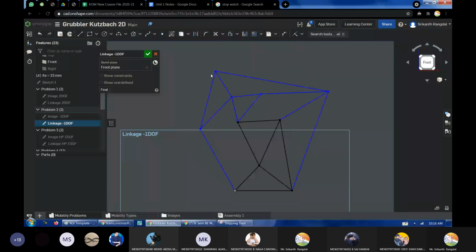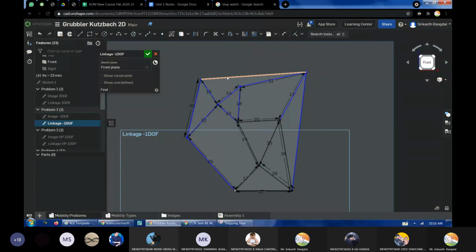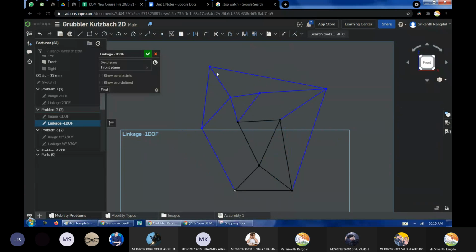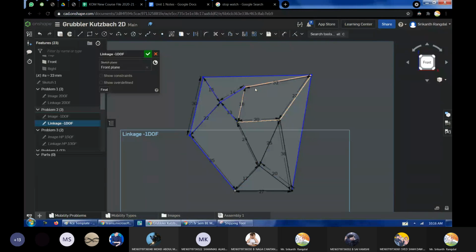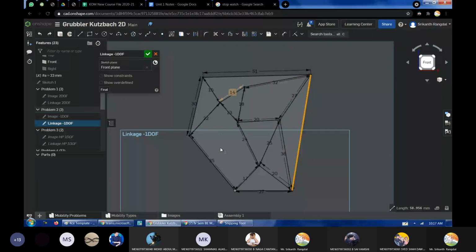Are you getting it? When I'm moving, the length of these two links is changing, because I've deleted the dimensions for both. But in an actual mechanism, the length of links doesn't change, does it? The length of links will not change, and hence we have to ensure that they are fully defined. We have to give the dimensions to them. At this point, the mechanism is already completely defined. Even though we have not decided the length for this link, even before attaching this link, it is already fixed.